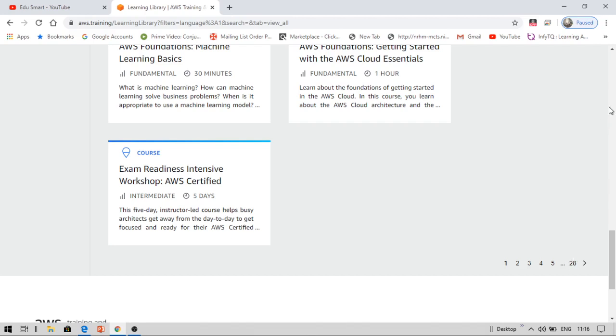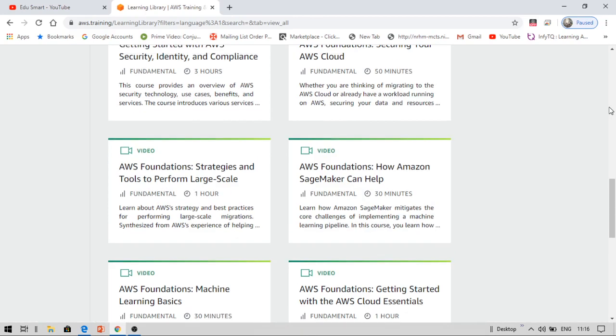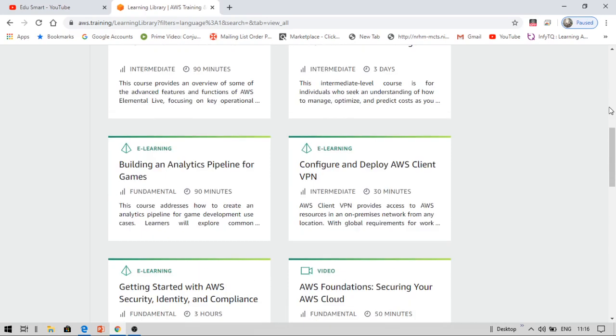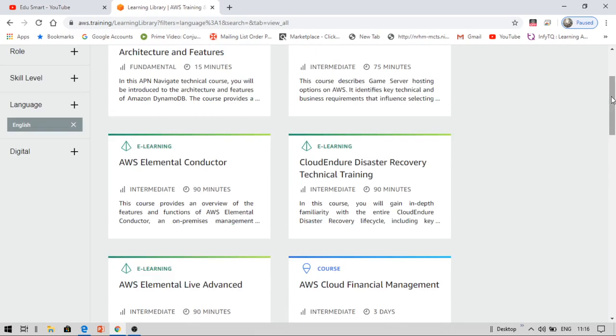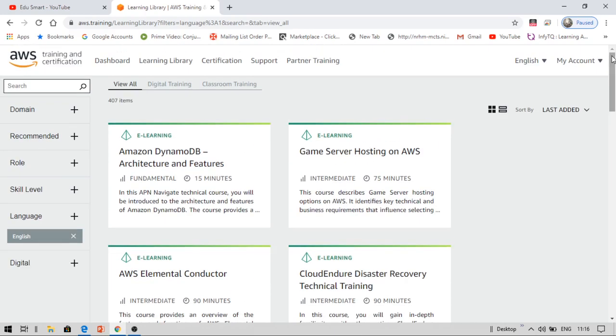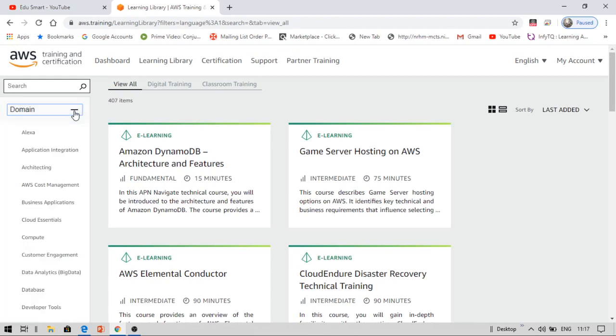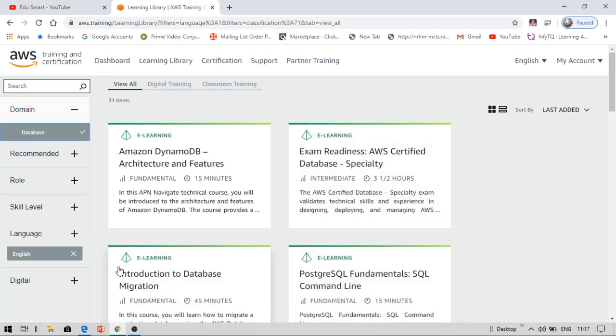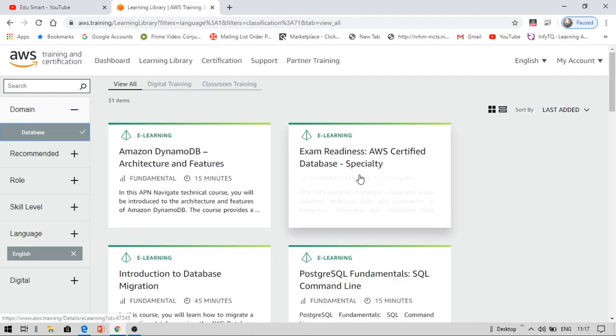You can see a large number of courses are available. As I said, IoT, machine learning, AWS cloud, neural networks, and security. You can see the domains like cloud essentials, cloud computing, data analytics, database, and so on. Now you can see this e-learning is a 3.5 hour course, Database Specialty.